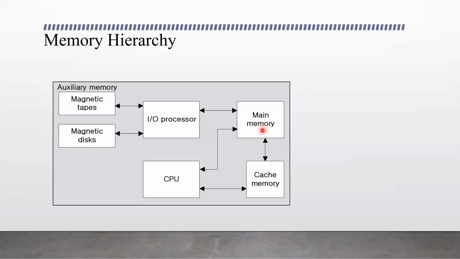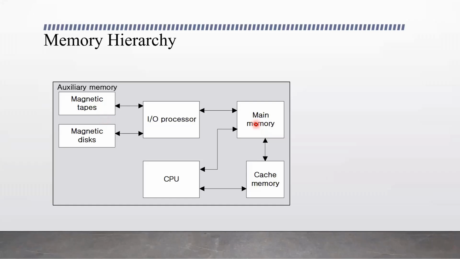Let's see what main memory is. This is the unit that directly communicates with the CPU. As I said, all the programs that are currently being executed and the data that are currently being used for processing, the data used for calculations, are stored in main memory. CPU is directly connected with the main memory. So if any program needs to be processed, it has to be brought to main memory. Otherwise, when the program is not being executed, it may be stored in auxiliary memory, because main memory has very little storage space.